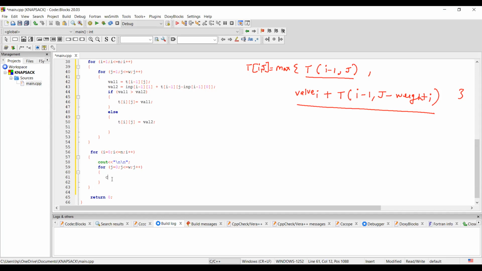That is cout t of i and j. So t of i and j with a tag so that we can maintain some distancing. So that is the end of the program.